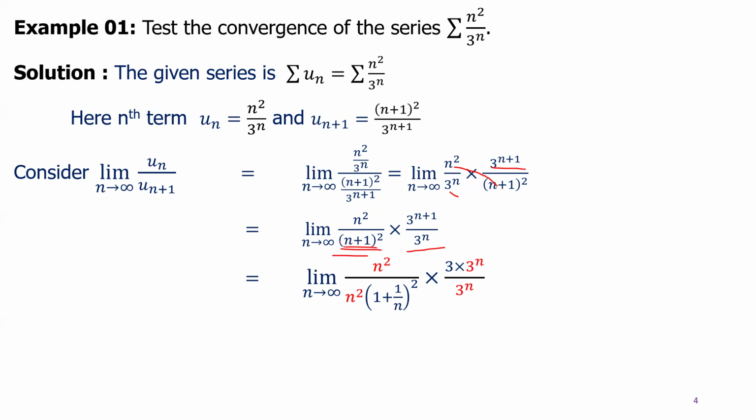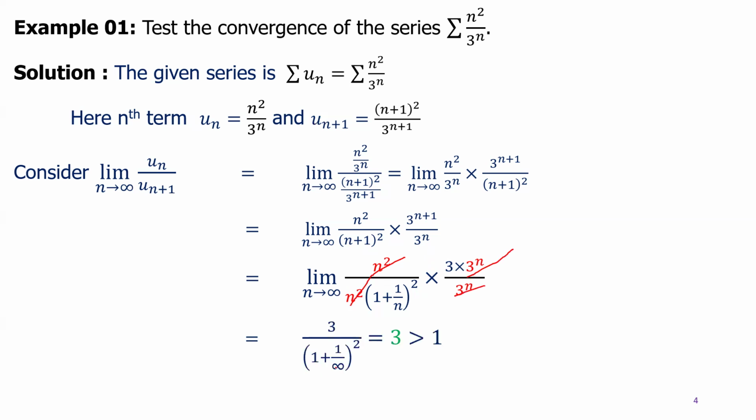If we take n square, here 1 is remaining, 1 plus 1 upon n whole square. And here 3 to the power n plus 1 can be written as 3 into 3 to the power n, which gives us 3 into 3 to the power n whole divided by 3 to the power n. So what are the common things in numerator and denominator? We have to just cancel them. What is remaining over here? 3 upon